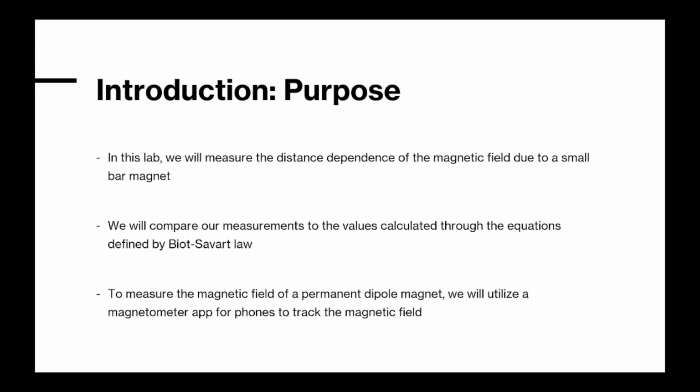So the purpose of this lab is we're going to measure the distance dependence of the magnetic field due to a small body magnet, and then we're going to compare our measurements to the values calculated through the equations that are defined by Biot-Savart law. To measure the magnetic field of a permanent dipole magnet, we're going to utilize a magnetometer app for phones